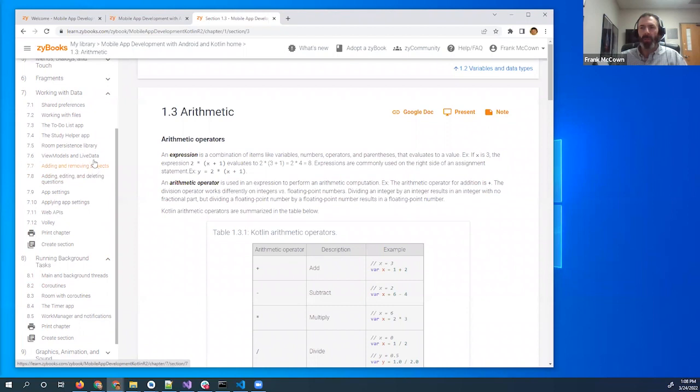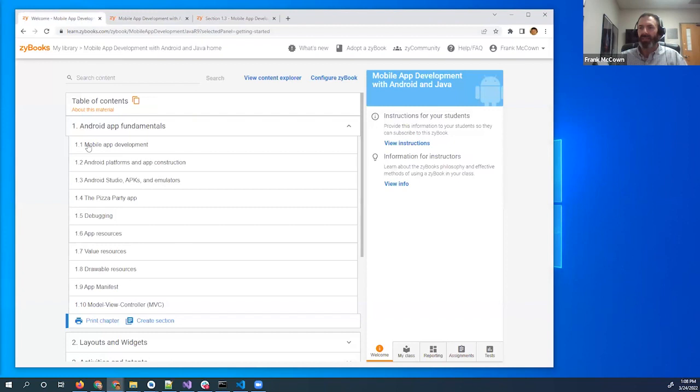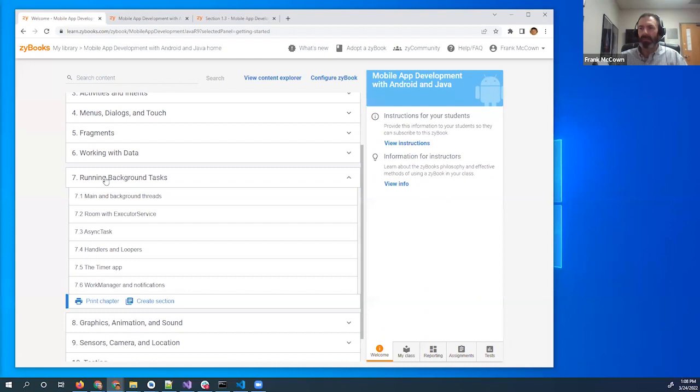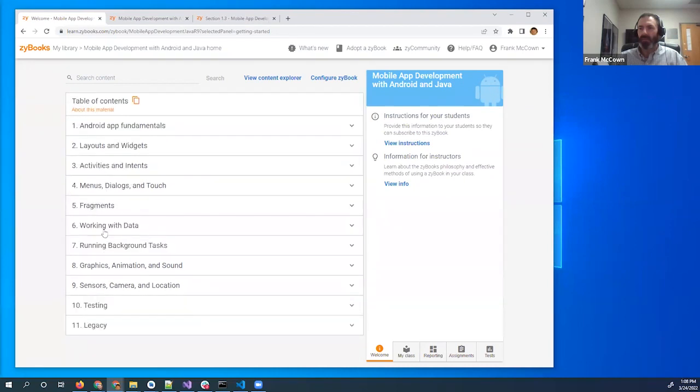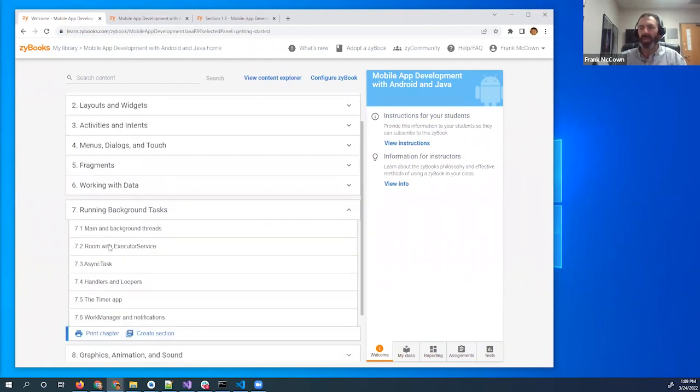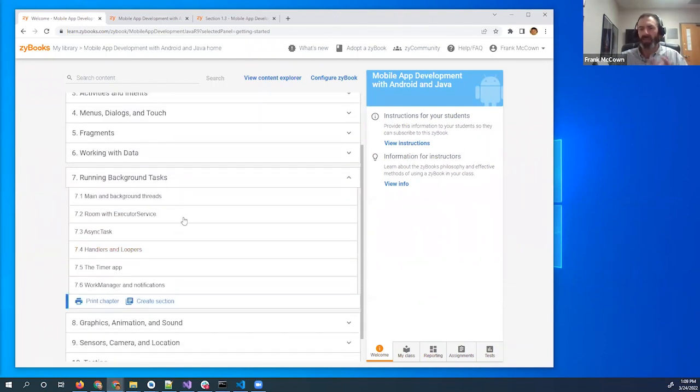And I feel like there are also maybe a few differences here in working with data. I can't remember exactly the differences, but let's see, working with data. I think pretty much it's all the same and in the same order. And so it wouldn't be hard, but I definitely know that this chapter on background tasks, that's where things would be most different. But otherwise, yeah, you definitely could just have the same class, two different Zybooks, make the same reading assignments and everything. Yeah.